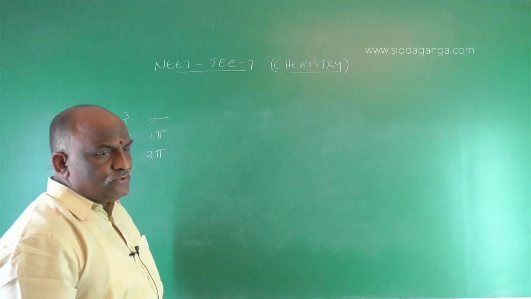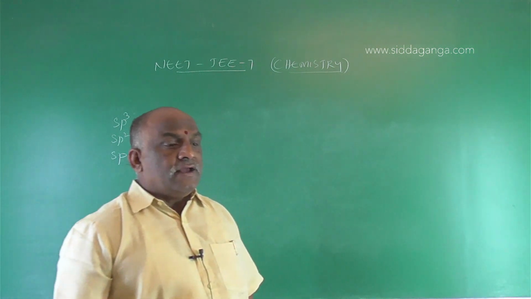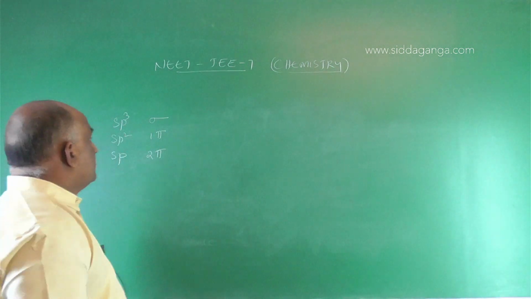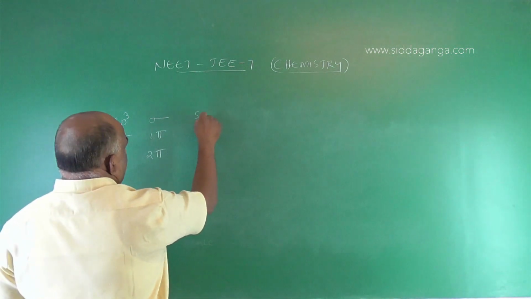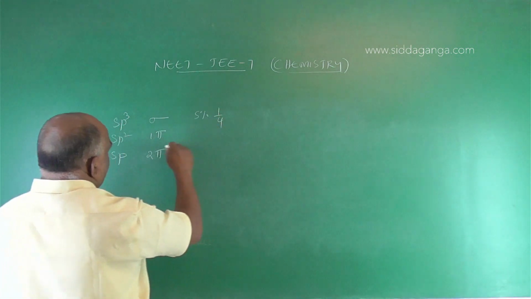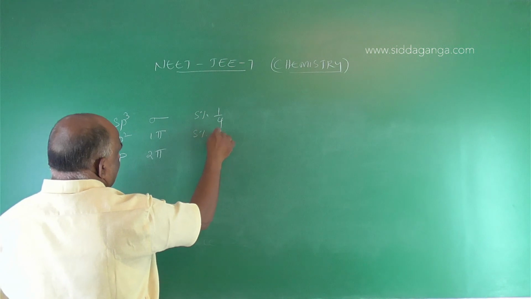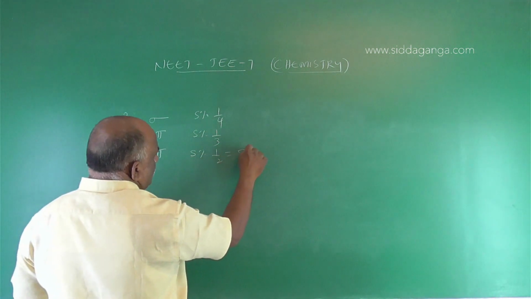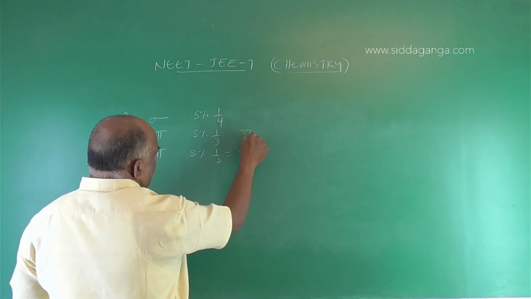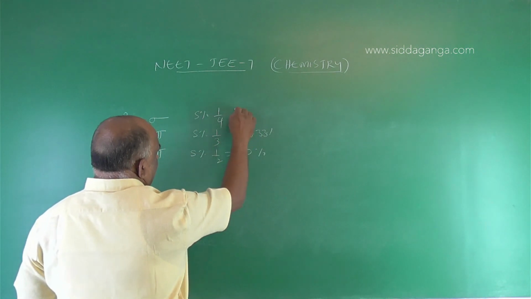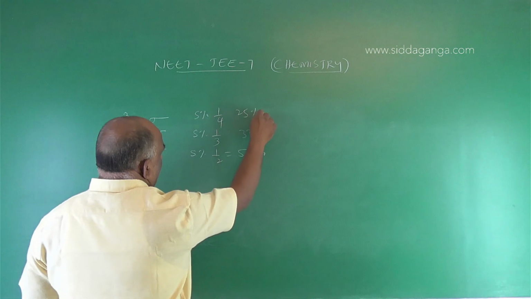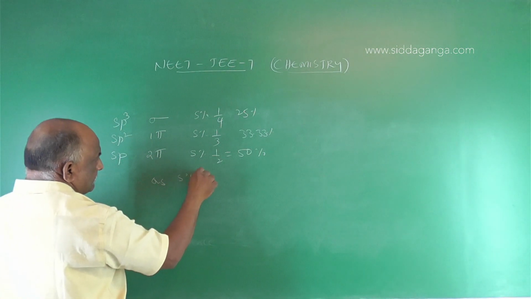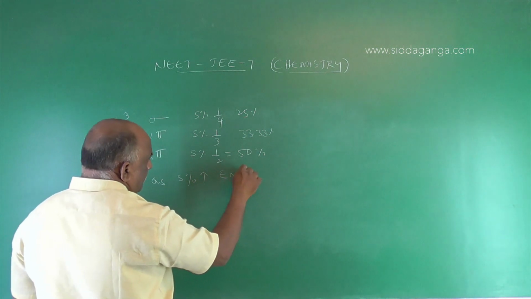So here we should go with the correct order regarding the electronegativity of hybrid orbitals of carbon. In sp3 the S character is 1/4, in sp2 the S character is 1/3, in sp the S character is 1/2. That is 50%, 33.33%, and 25%. Make one note, my dear students: as S percentage increases, electronegativity increases.